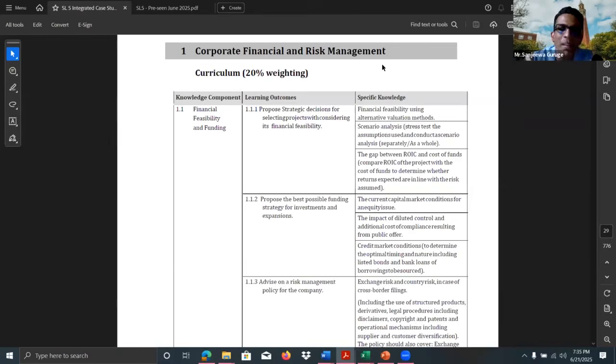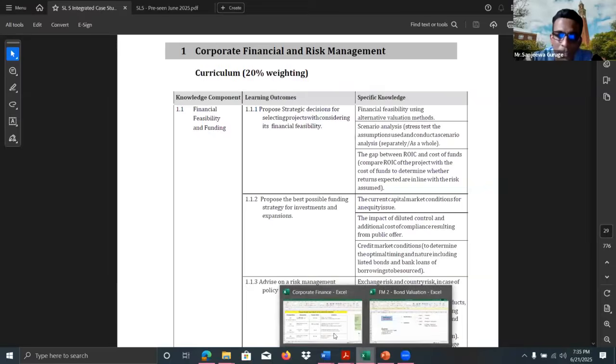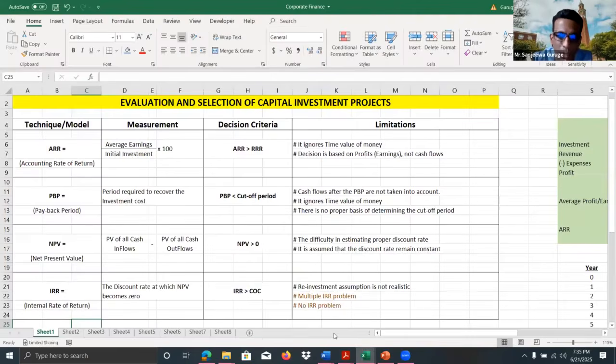Okay, another answer is the payback period. Is it possible to compare projects using the payback period? Some correct answers here, but I asked out of these techniques. One technique we can properly use, given in these answers, is the profitability index. That's correct. But out of these techniques, what are the techniques we can directly use? One answer is given, IRR and payback period. One technique is correct, one is wrong. IRR, yes. Payback period, is it possible to compare projects using payback period? That is not possible, right?